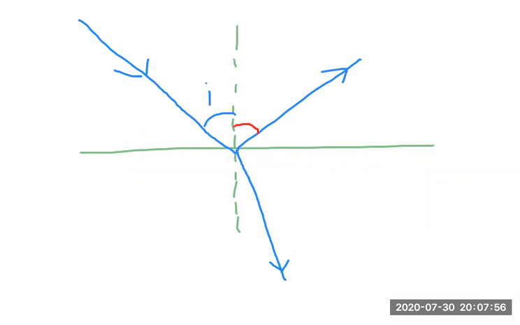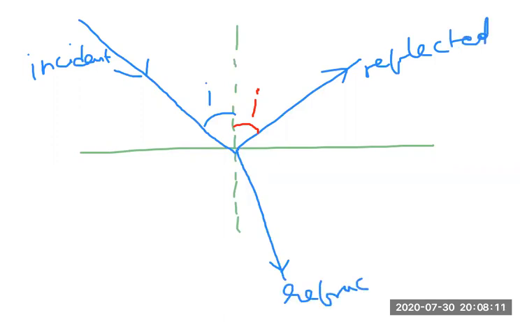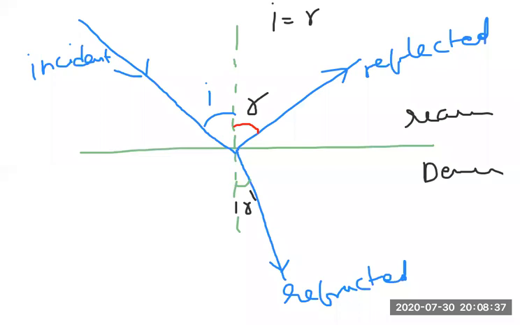Here, the angle of incidence is equal to the angle of reflection, no doubt. This is incident, this is reflected, and this is refracted. Now here the angle of refraction, let me take it as R. Either this one we represent with R or this one. If I have written R, this I can write as R dash. But one thing I know, I is equal to R. This is the rarer medium, this is the denser medium, so it bends towards the normal.